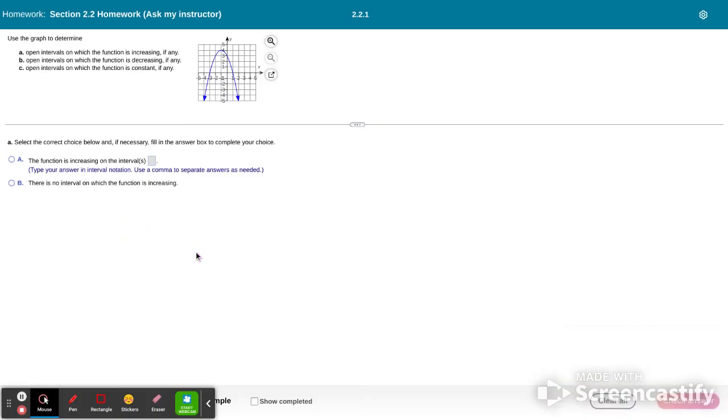We're looking at open intervals. So use the graph to determine open intervals on which the function is increasing, decreasing, and constant. What we're going to do is ask, increasing over what interval? We call it an open interval because the idea is this: if we zoom this picture in real quickly,